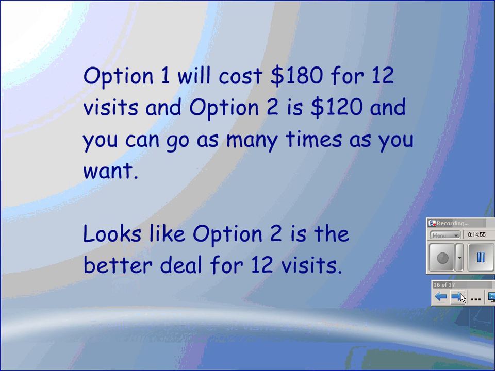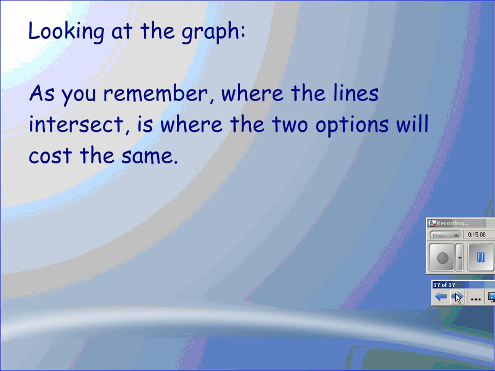Option 1 will cost $180 for 12 visits, and option 2 is $120, and you can go as many times as you want. Looks like option 2 is the better deal for 12 visits. Looking at the graph, as you remember, where the lines intersect is where the two options